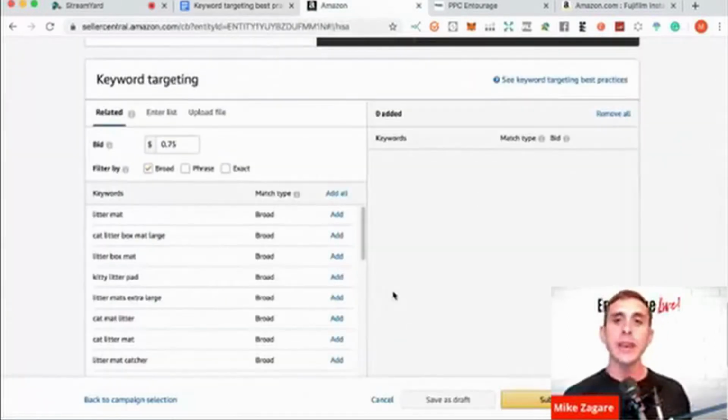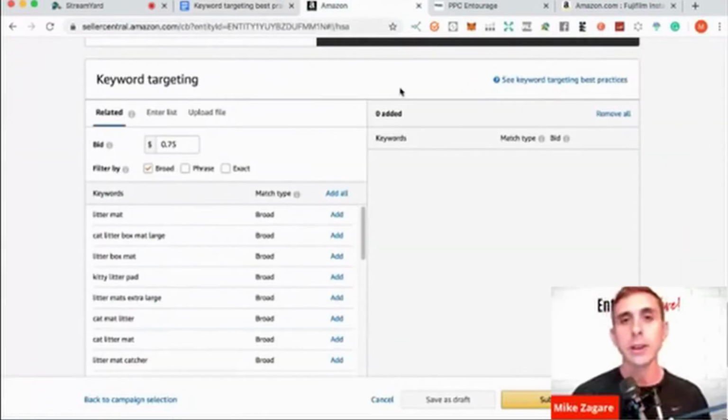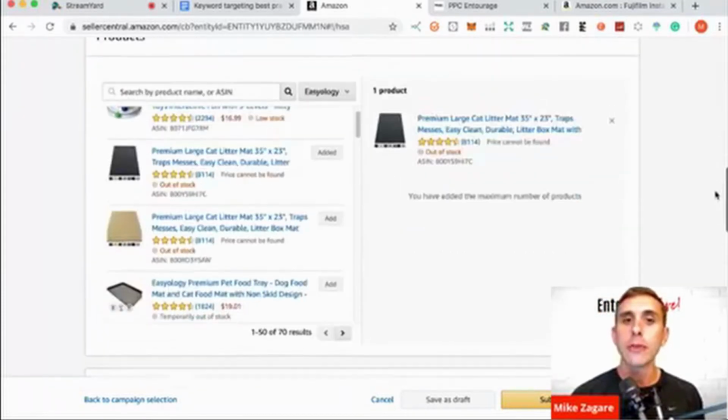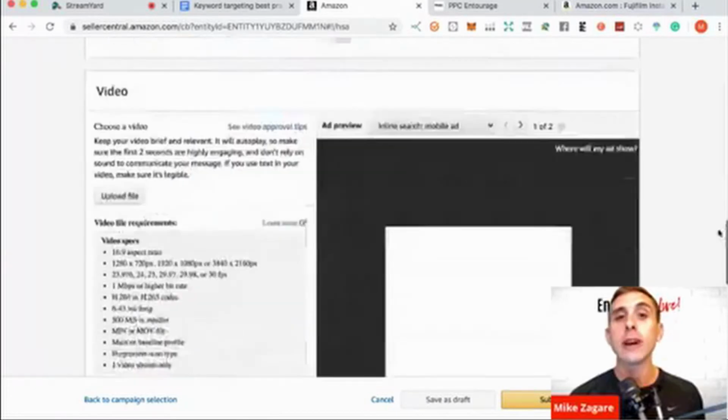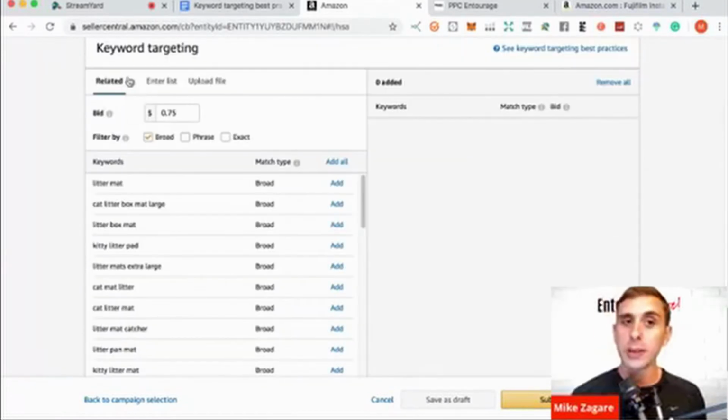Basically, what they're saying is the product that you select, they're going to look into past purchases and your sponsored product's performance, and they're going to show you words based on your performance for that particular product. Now, they're also going to recommend words for sponsored brand campaigns. What they're saying is all of the products that you put on your landing page when you select your products for sponsored brand ads, which would be right over here, they're going to recommend keywords under the related section based on those products.